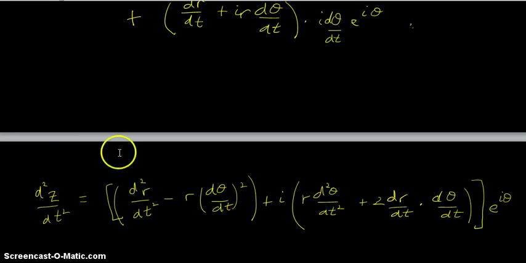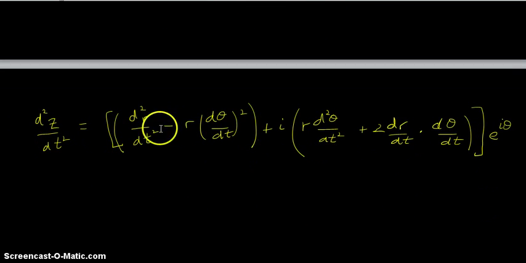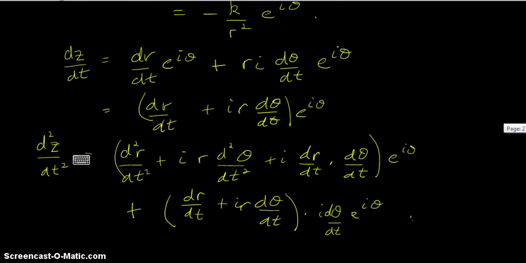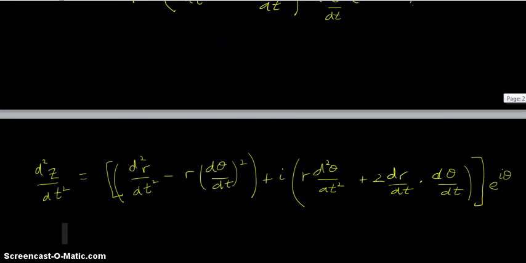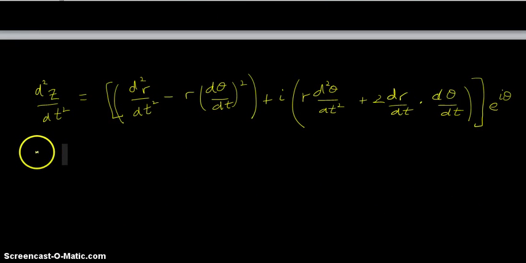So we got up to this equation just here. Now recall that when we were last looking at this equation from way back here, z double dash is this thing. So we're just going to transcribe that now down to here. So we've got minus k on r squared e to the i theta